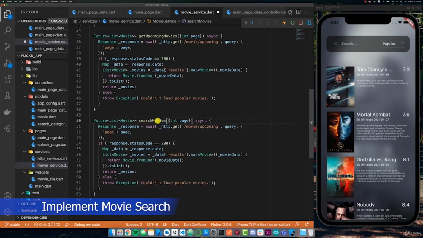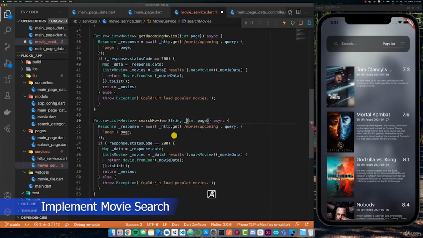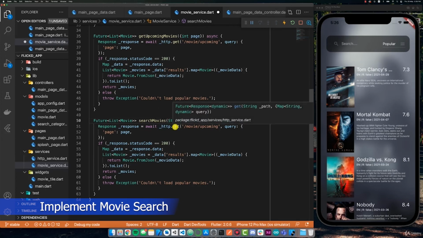And then instead of getting a page passed in as an optional parameter, I'll add a required parameter to the actual function as well. And that is going to be the actual search term that we are going to search the database upon. And I'll add this, and now we're good to go. Now that we have this defined, the next thing that I'm going to do is go to the actual get method that we're sending the request. And instead of sending a request to /movie/upcoming, I'm going to send a request to